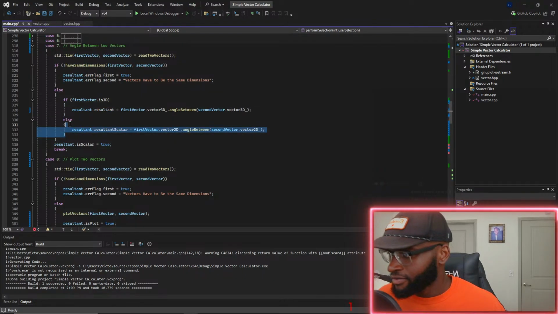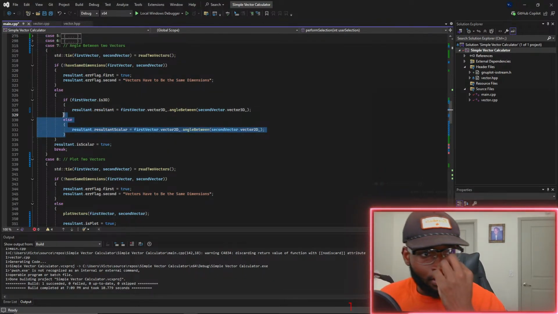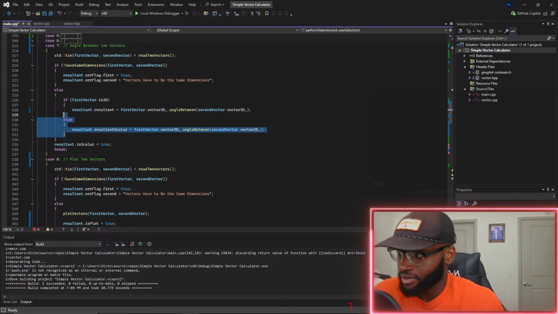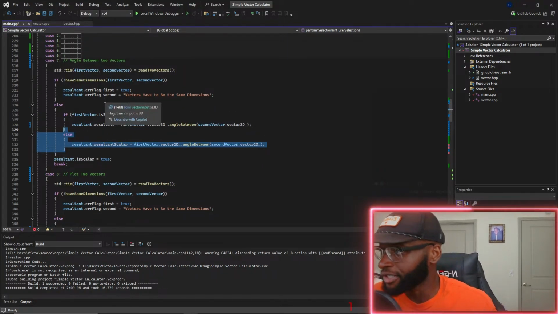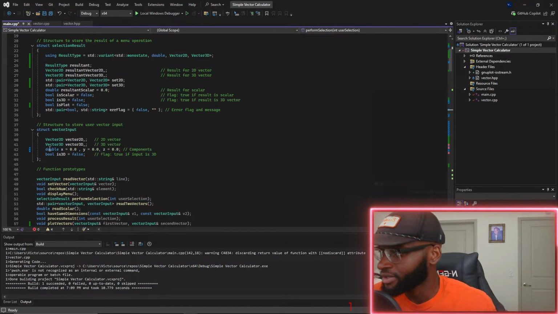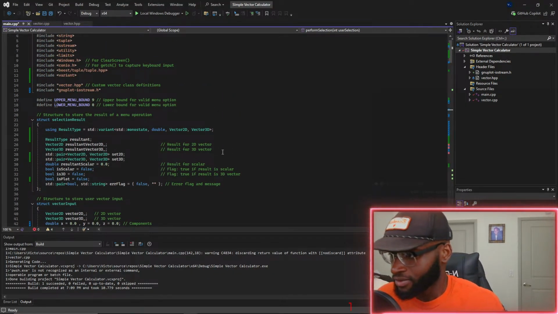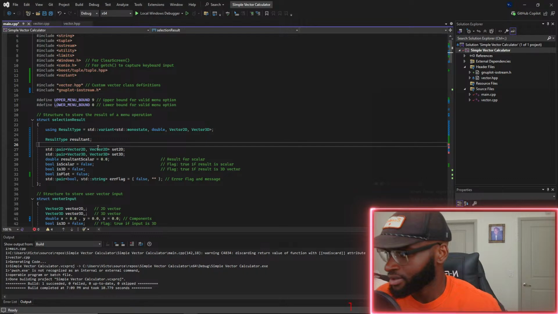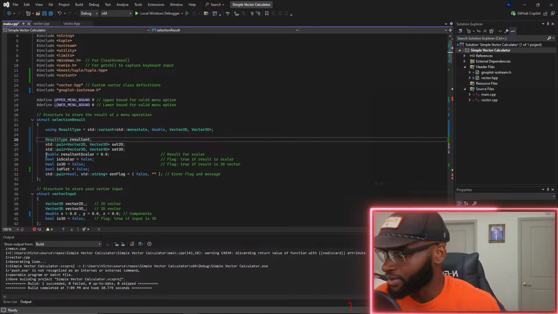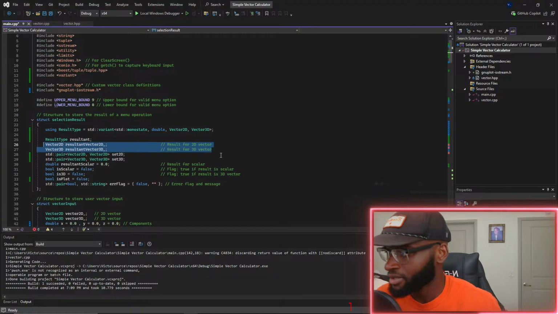And we don't even need an if-else statement. We can just do resultant dot resultant since it's already going to check if it's a 2D or 3D vector, essentially. So first we just go ahead and delete these. Don't need those, and we shouldn't need this either. Actually, before I do any of this, let me